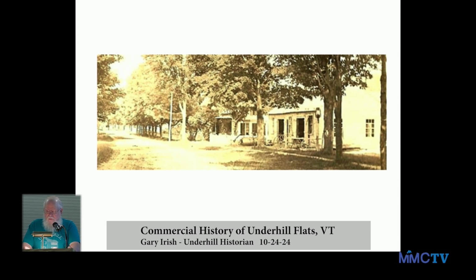There was another blacksmith shop at what's today 441 Route 15, operated for about 38 years by a man named Hazen Colgrove. This would be up at the other end of the flats, about across from where Meadow Lane is today. And that was really a little bit more than just your typical blacksmith shop. It was more, I think, what you'd call today a machine shop. They had power tools in there powered by a steam engine. In addition to the blacksmithing work, they also had a cider press there. So this time of year, they'd be making cider, and